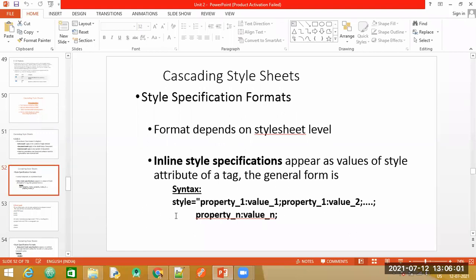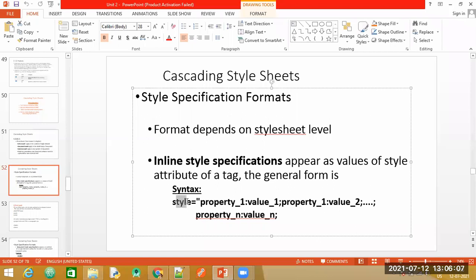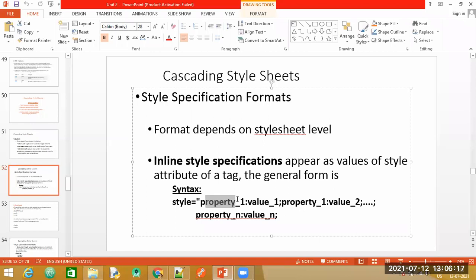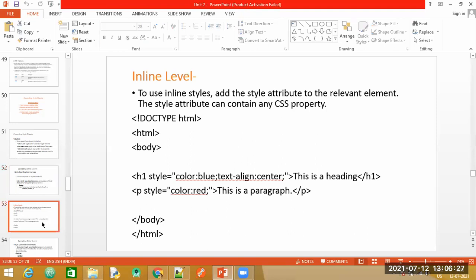For any element to which you want to apply your CSS, you need to make use of this particular property called style. You use style for your respective tag, and in double quotes, we specify the property and the value. If you want to specify multiple properties and values, you separate them by semicolons. We'll understand this with the help of examples.